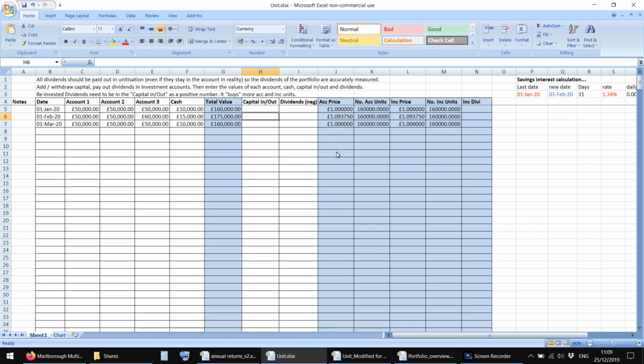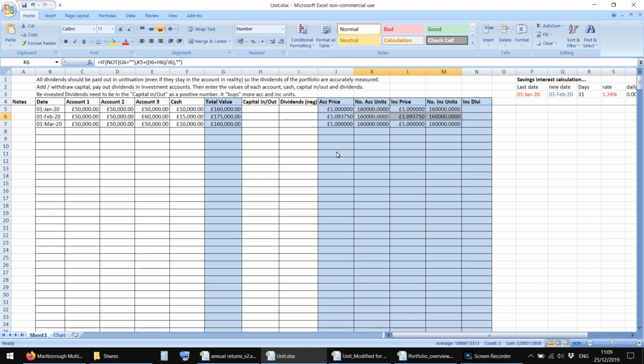What you need to do then is add £5,000 in this column. So what that's done is, again, the accumulation price always stays the same at 1.625, and in this case it's also stayed the same for the income price as well. But by adding it into that column, we haven't unfairly, so without adding it there, the portfolio accumulation price and